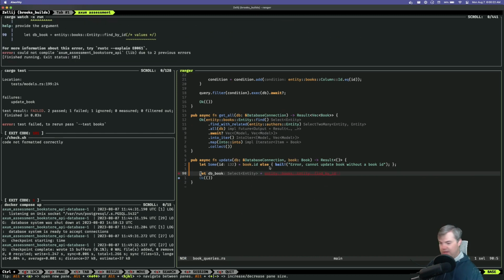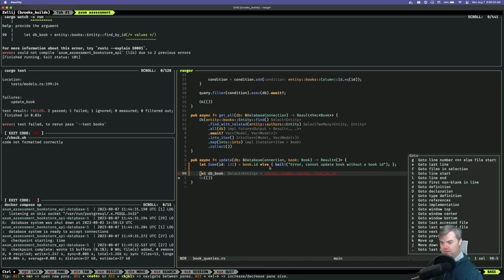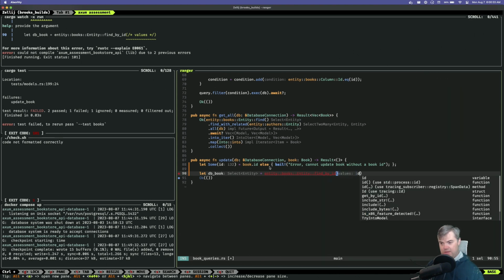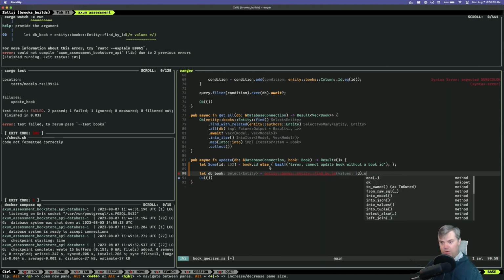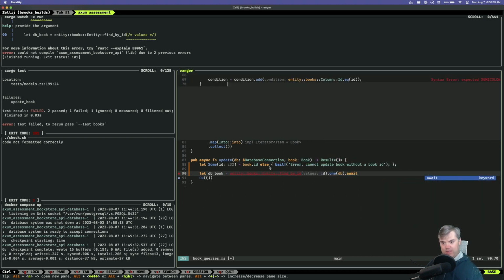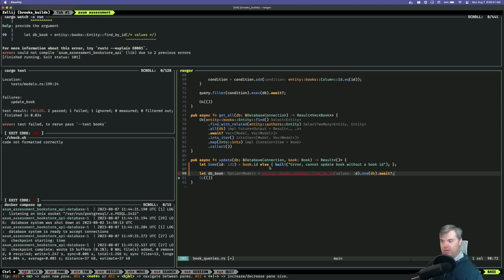Okay, so once we have that, then we can give it this ID. I just want to get one book. Pass the DB. We'll await, question mark. Okay, that gives us an option model. So if this doesn't have anything,